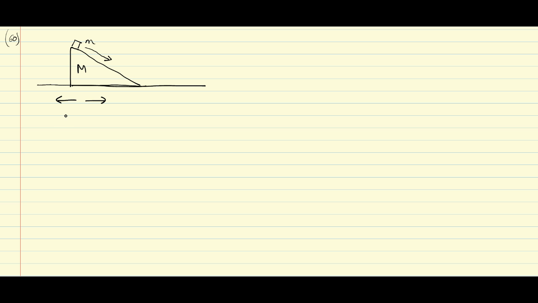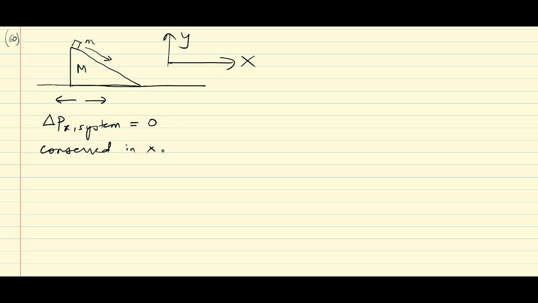So naturally, if we take this as the x-axis and this as the y-axis, then we are confident that there is no change in the x component of the system's momentum. So delta px system is equal to 0. So what we are essentially saying is that the system's momentum is conserved,